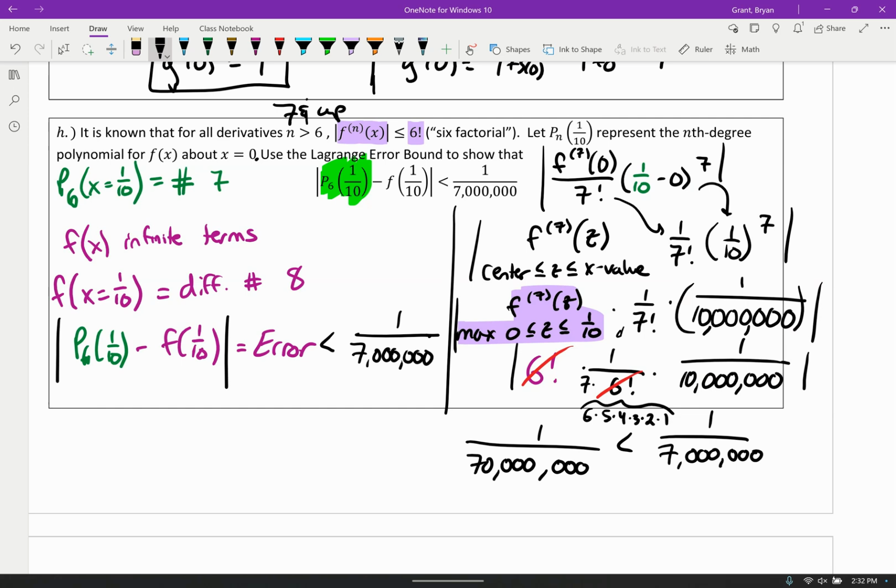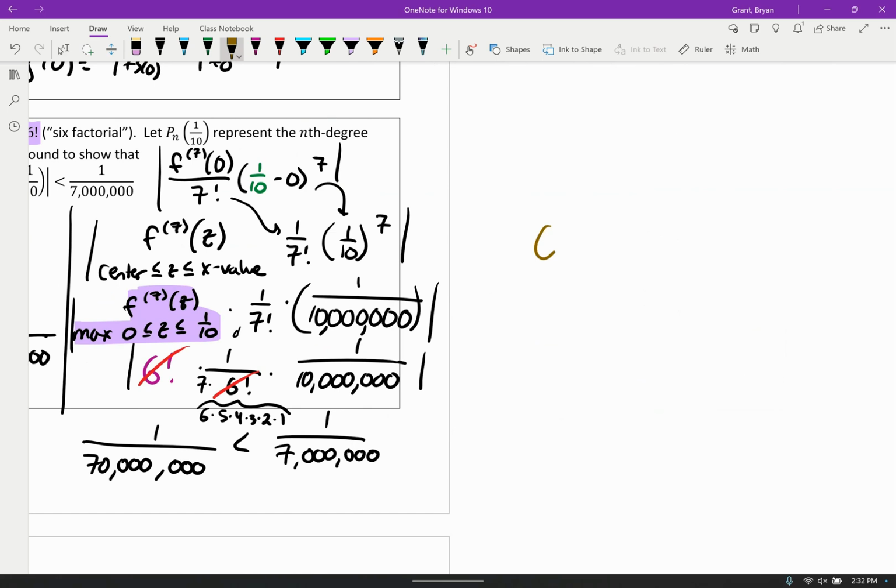The second thing that we get asked is, do you need to simplify this? Because up until this point, we've said you don't need to simplify. In this case, you kind of do. Not too far, but you need to convince the grader, the reader, beyond a reasonable doubt that you know your values reduce to less than what they've asked you to do, right? And so if you just wrote this, or maybe I'll even give you something over on the side. Maybe you had 6 factorial times 1 over 7 factorial times 1/10 to the 7th, and you said,